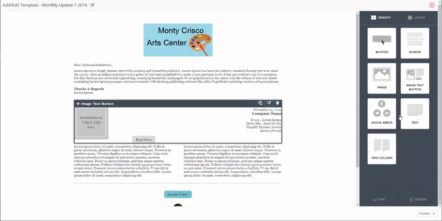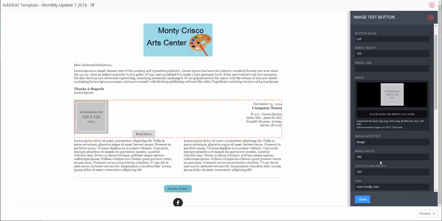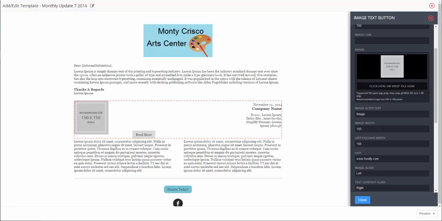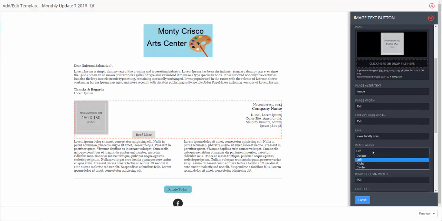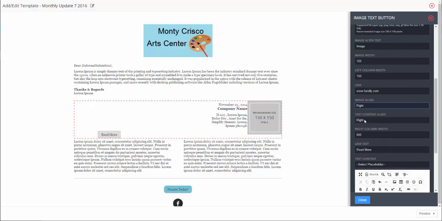Okay, so let's make some modifications. So button align, image align, all that. These alignments can be used to switch where the image is. So for example, I can put the, not the button align, I can put the image, where is image align? Image align right, and then I can do text align left,